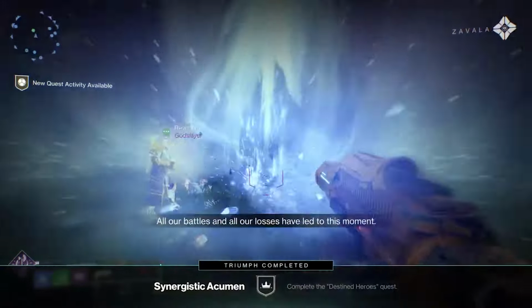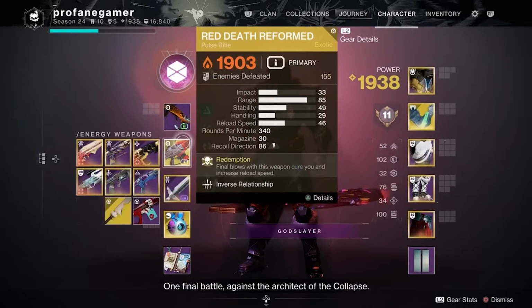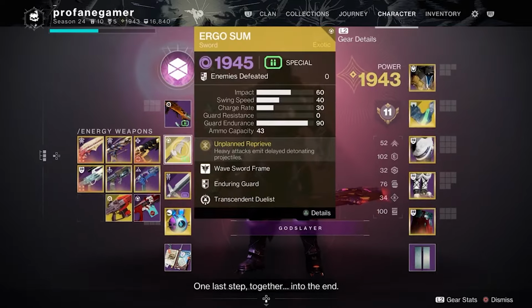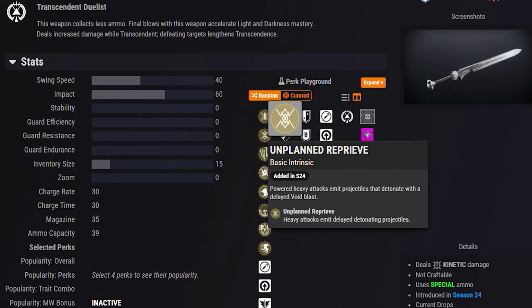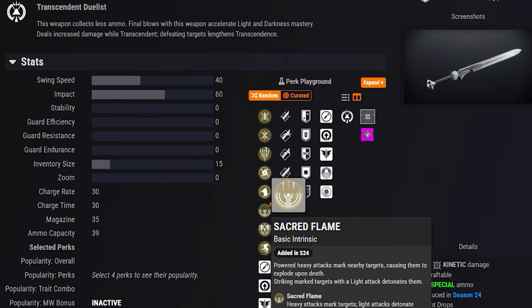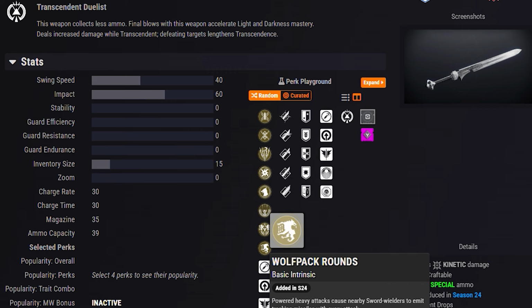And then bam, you've got yourself the Ergo Sum, a sword that may very well play a major role in the new raid. And this will drop with a number of different frame types, intrinsic traits, and weapon perks. I got a Void Waveframe on my first time around, and it includes the Telesto's intrinsic trait. But a friend of mine got an Arc version that comes with the Risk Runner's trait. But I think the one trait to really look for is going to be Wolfpack rounds,